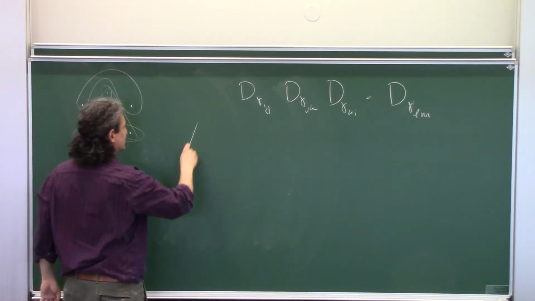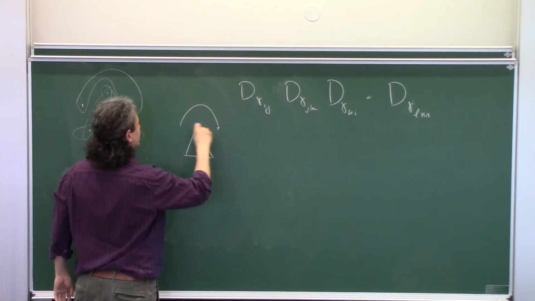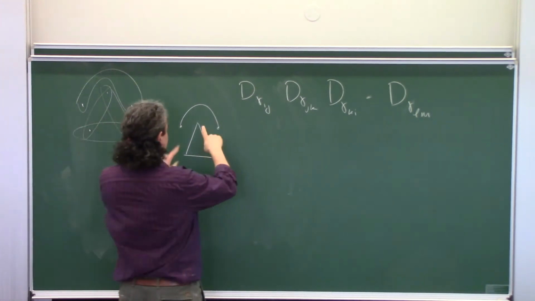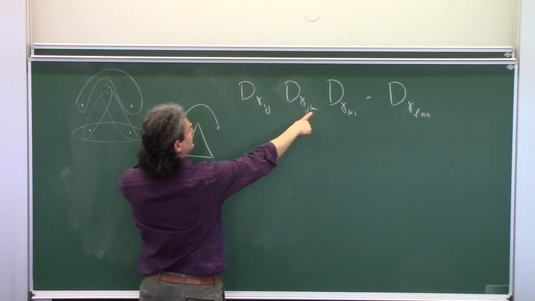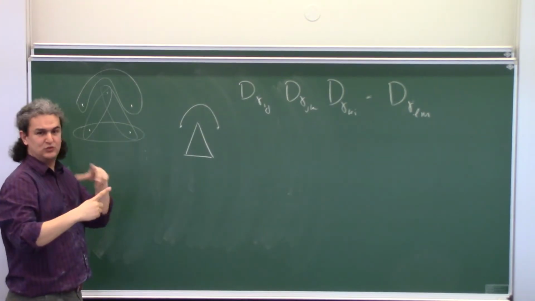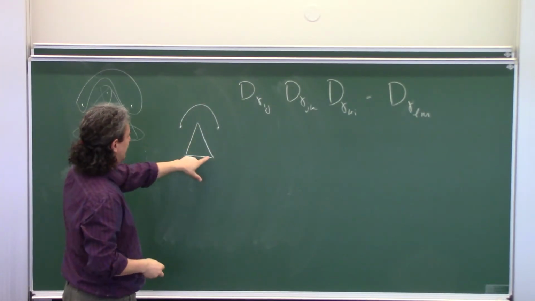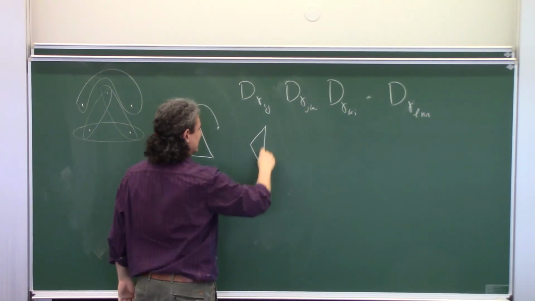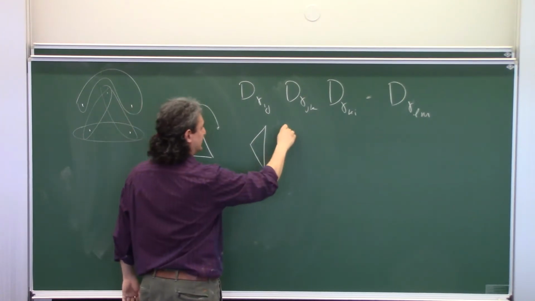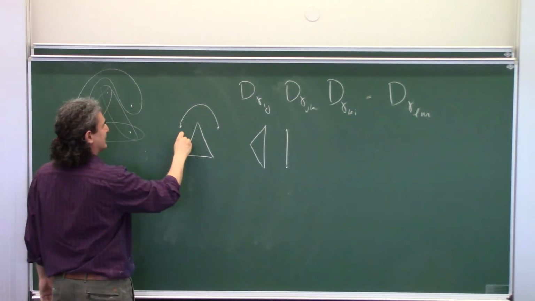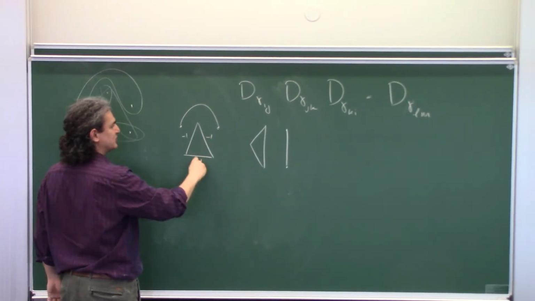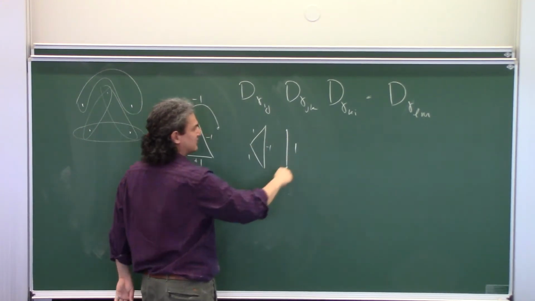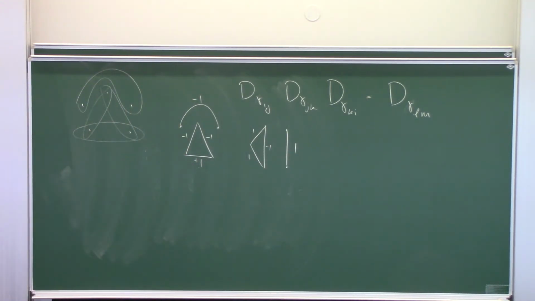Let me draw this by arcs. So if this is 3 of your arcs, this is the other arc. And in fact, there are 2 cases only. Either ij and jk are both non-adjacent, or 2 of them are adjacent. So if 2 of them are non-adjacent, the other one has to be adjacent, and the boundary becomes non-adjacent. And if 2 of them are adjacent, the third one has to be non-adjacent, and the boundary is also adjacent. So in this case, you have -1 plus -1 plus +1 equals -1. And here you have 1 plus 1 minus 1 is equal to 1. So that's the proof.